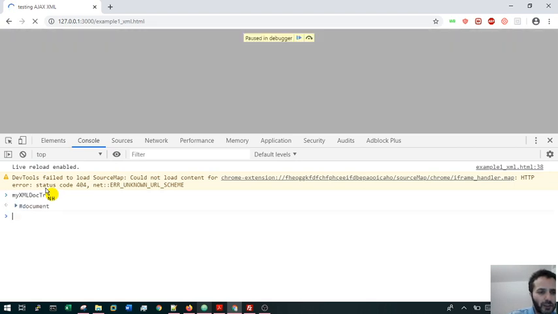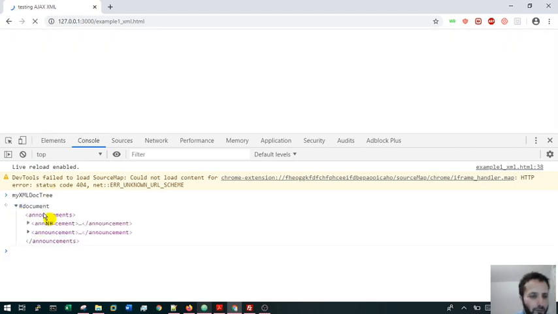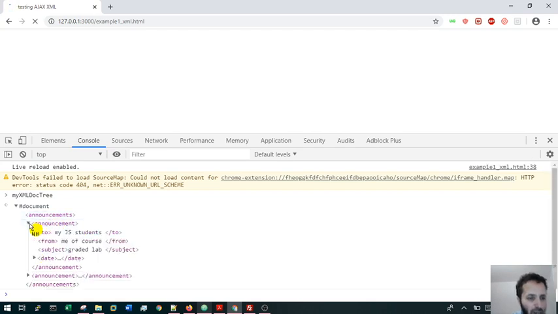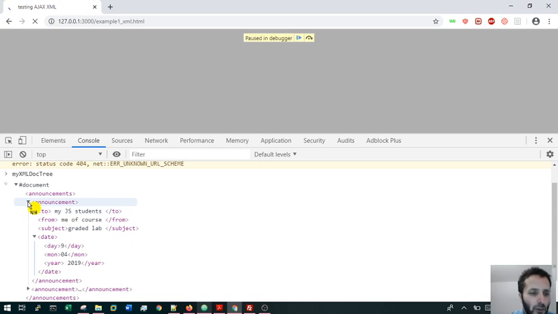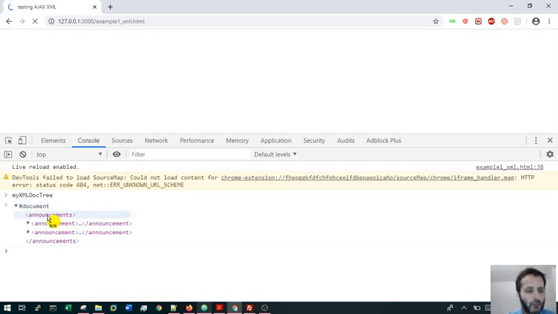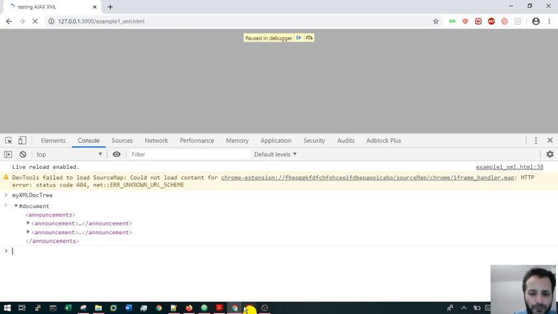So when I do this here, guys, it is a DOM with announcements as the root, and these are the two children of this announcement. If I go here for the announcement, I have 1, 2, 3, 4 children. For the date tag, I have 1, 2, 3 children. Remember the children, guys. So that's what we're going to do. We're going to pass now. Let me show you here